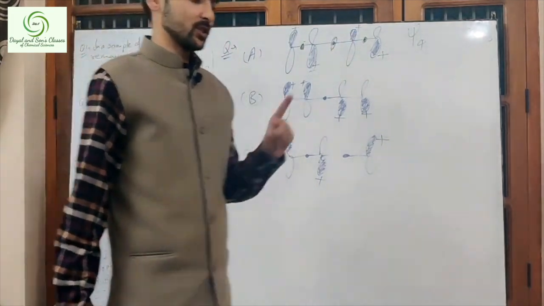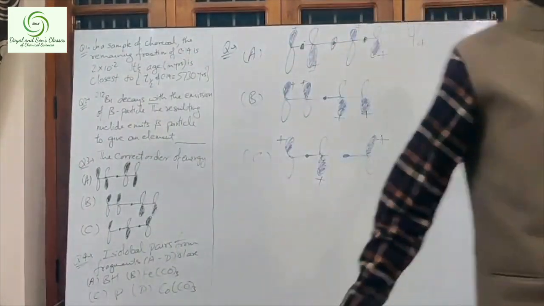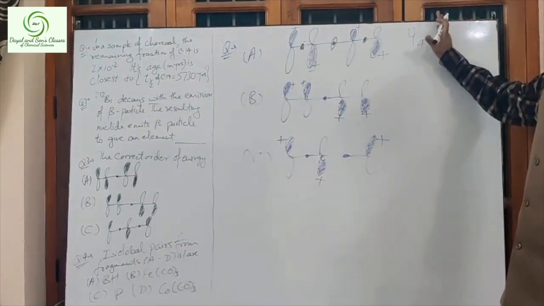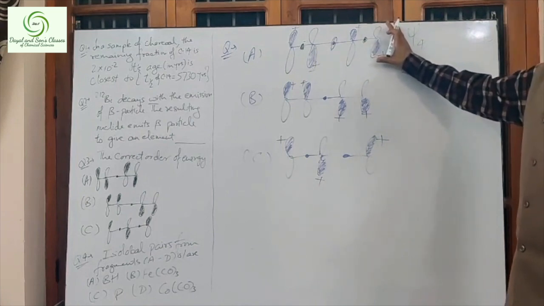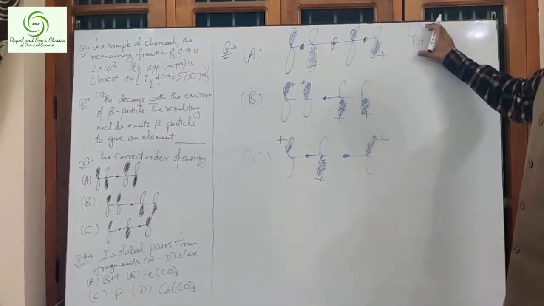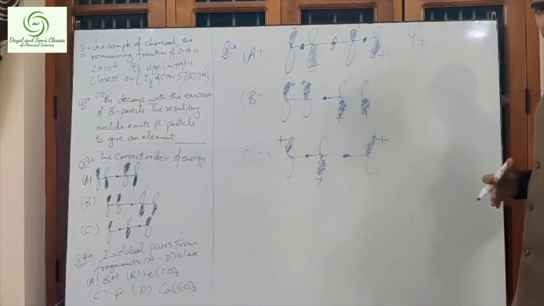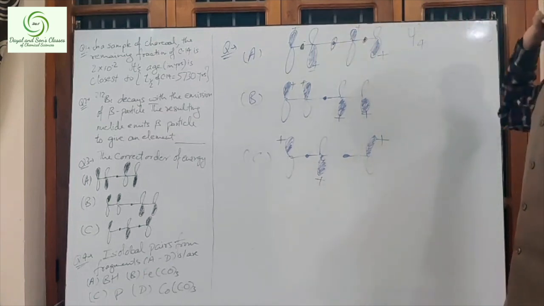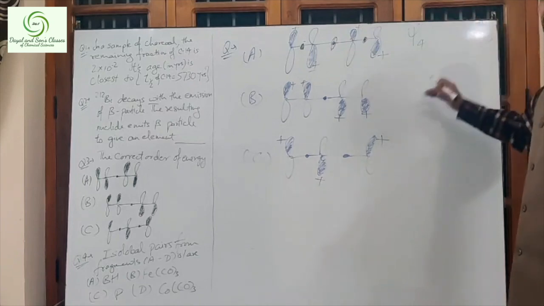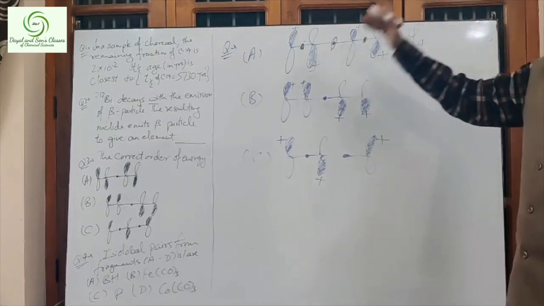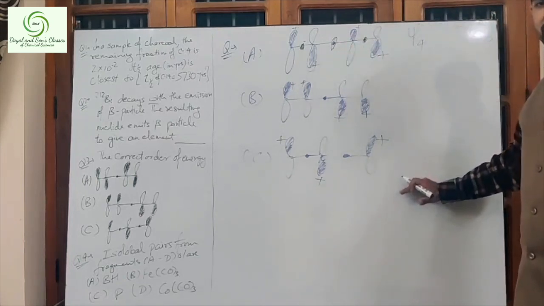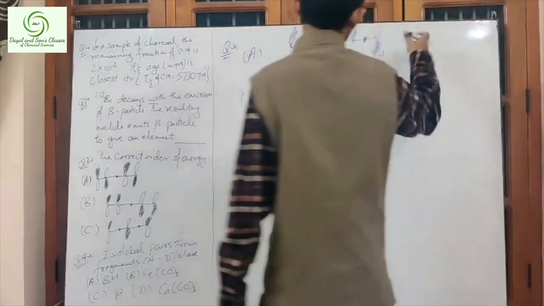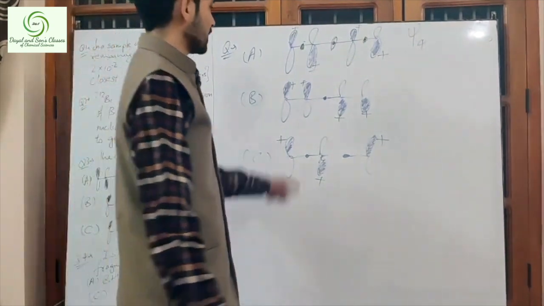We use this terminology to represent the levels in the orbital diagram by psi 1, psi 2, psi 3, psi 4 and so on. Psi 4 means there must be 3 nodes in that energy level. Psi 3 will mean 2 nodes, psi 2 will be with 1 node and psi 1 will have no nodes. Alright, so here we have 3 nodes, so I can write it as psi 4.